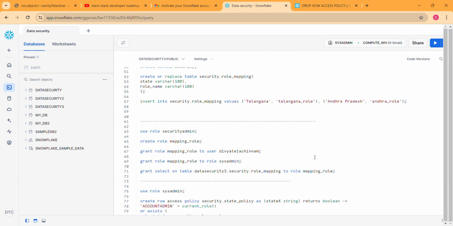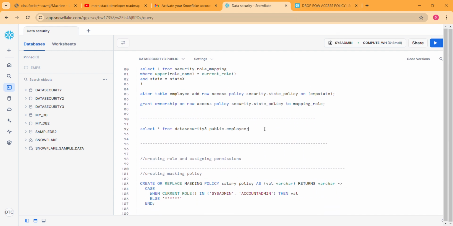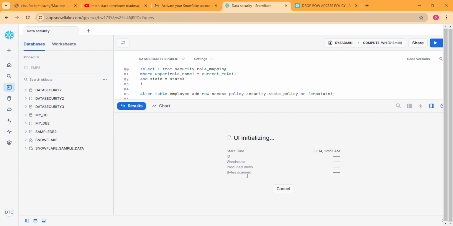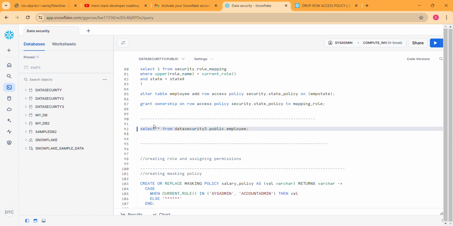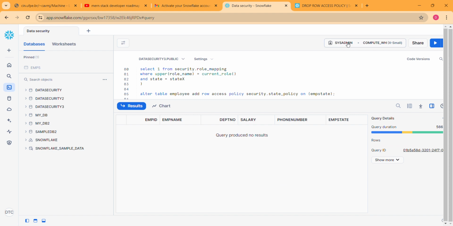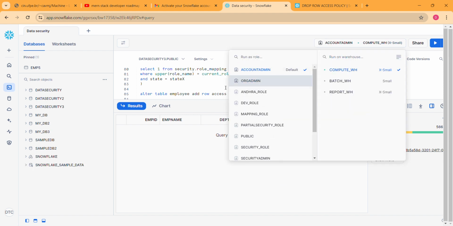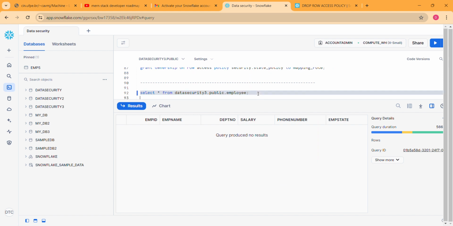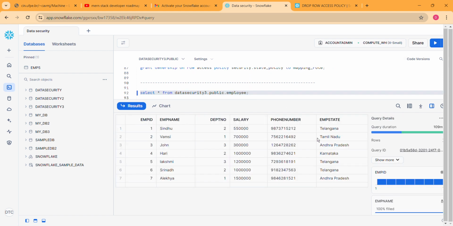Actually I did not assign any data to this segment. So only account admin will get the complete details, or the roles in this table will get the details. I'm now running this select command. I'll run it again. See, I got no results. Now if I move to the account admin and run the same command,